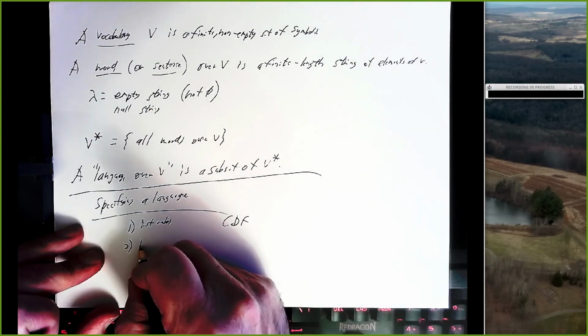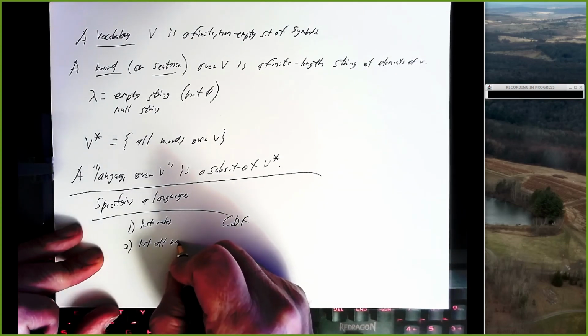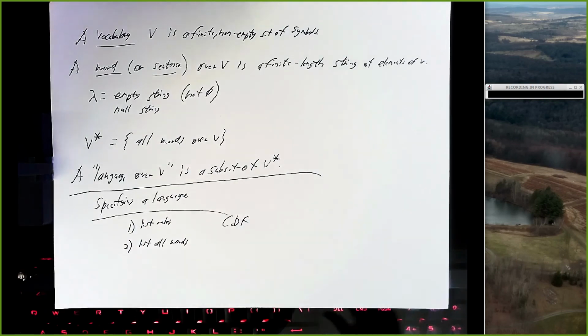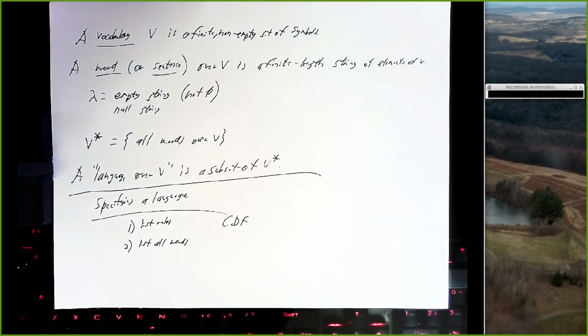A second option is to list all words. Just make a big table of all the words that are part of your language. Is that a reasonable thing to do? In the context of the English language, I would hope not. Yeah, actually, in the context of English, though, it is. It's called a dictionary. And it's bizarre to think about, but what is a dictionary? It's a list of all the words that are legal in English, which is really strange. But that's actually what a dictionary is,